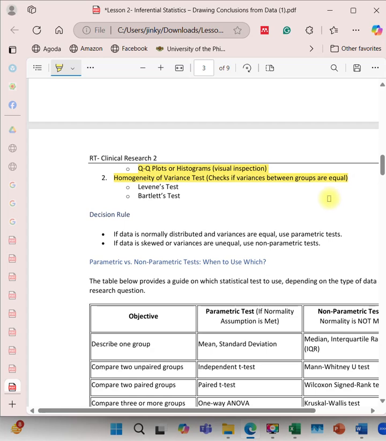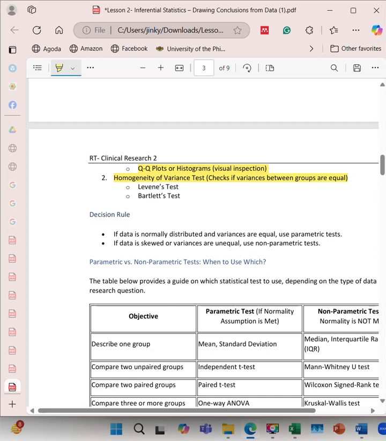So when do we test for homogeneity? We test homogeneity when we compare two or more groups, meaning we are either targeting to do a t-test or ANOVA, when we are analyzing relationships between categorical and continuous data, such as when you're using regression or you're doing associations. Also, we do this to ensure that variability in measurements is similar across conditions.